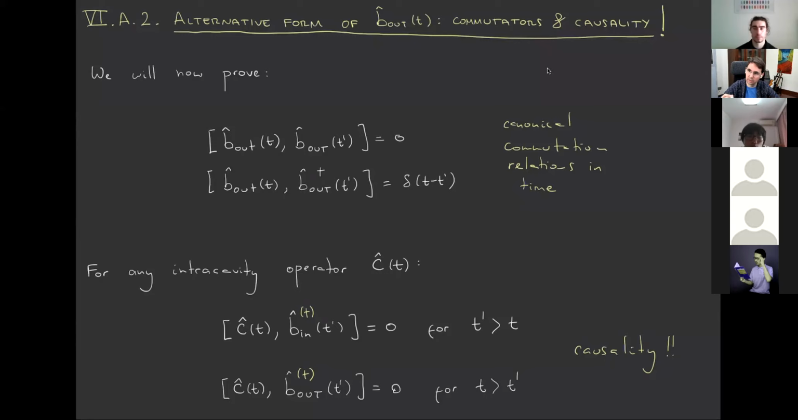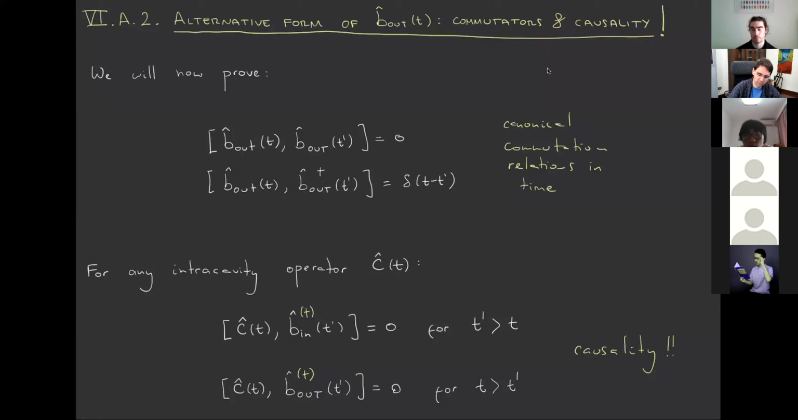Did I say it correctly? Sorry, but I remember the input field is not a dynamical variable. Is that right? Sorry, come again, I didn't hear. And the input field, I remember, is not a dynamical operator. Yes. So it's a field that doesn't have dynamics, but still, in this picture that we have of inputs and outputs,